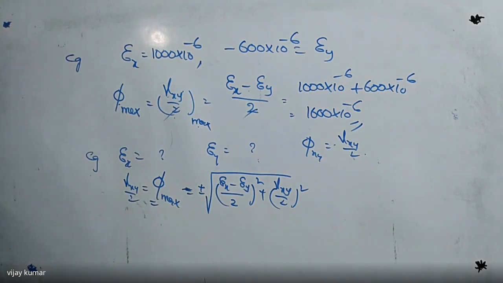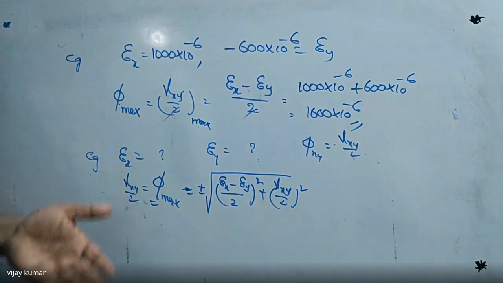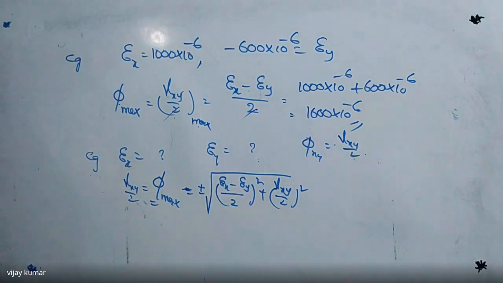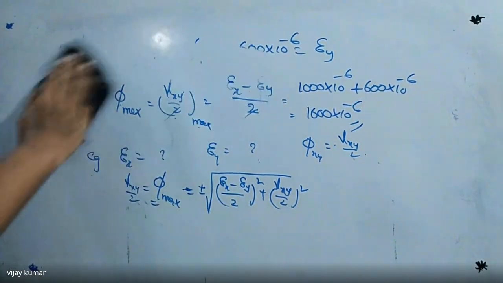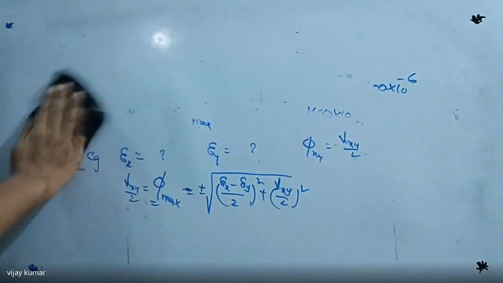Okay, sorry for the disturbance. So in this way, we are going to calculate principal strains also. By finding the principal strains, automatically we can find the principal stresses by using the two relations. I have already told you what are the relations between the principal stress and principal strains. Then we can find those values also. Okay, right. So the analysis of our chapter number 2, principal stresses and principal strains, is over.